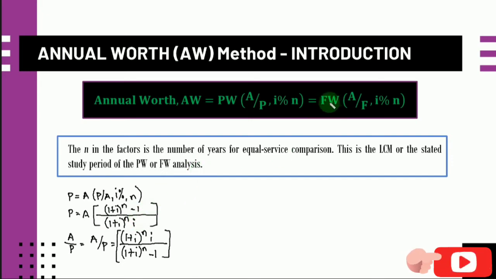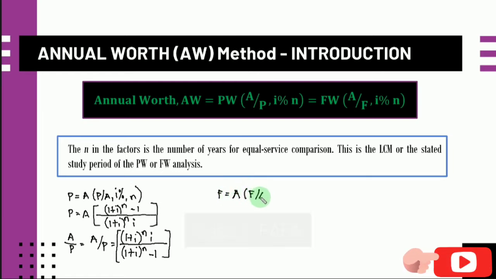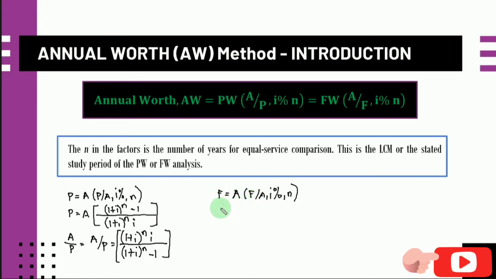For the future worth with regard to A given F, this is case number 2, from the formula FAFA. So F is equal to A times F given A at I% and n years. Case number 2 is FAFA, because this is F, A, F, A, and which is equivalent to A multiplied by 1 plus I raised to the n minus 1 all over I. From this we can get A over F, or A given F, where our A given F is simply equal to I,